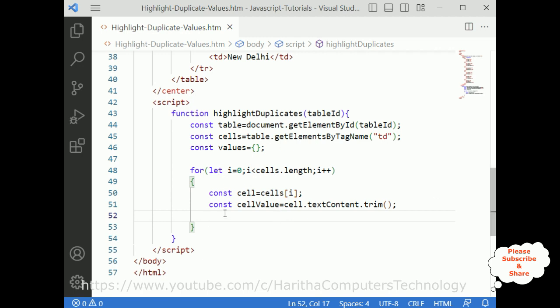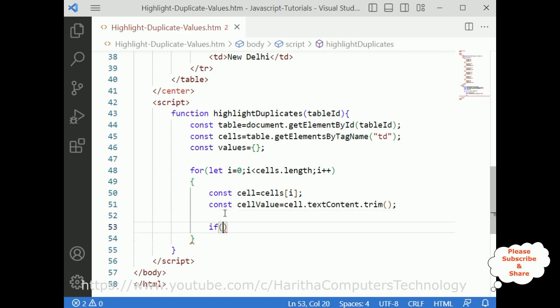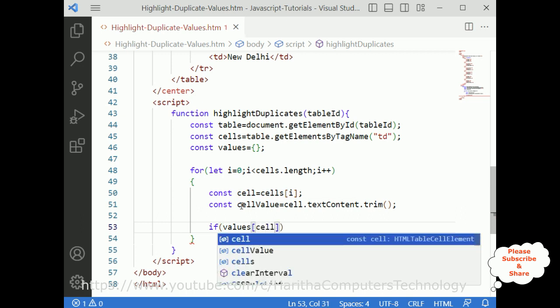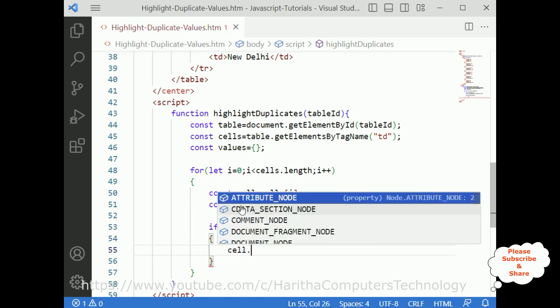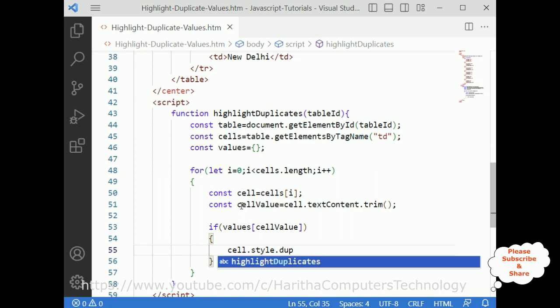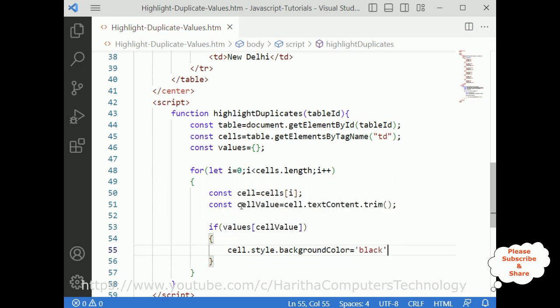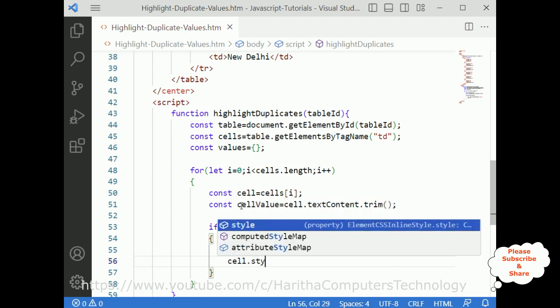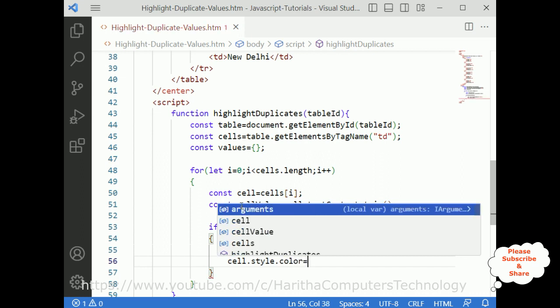So if values includes the cell value, cell.style.backgroundColor is equal to, I'm adding black, as well as adding some styles to the text color, color is equal to white,